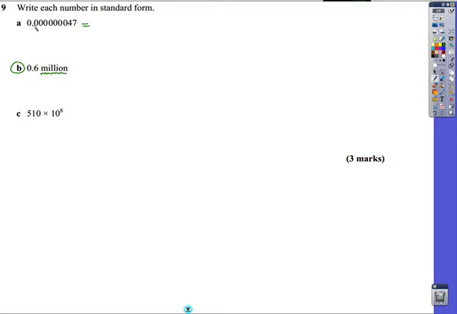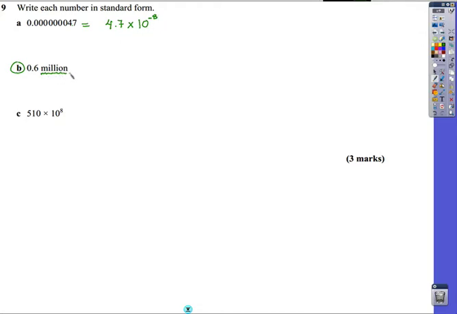Okay, so 4.7. The decimal point needs to be here to make it standard form. So we've got 4.7 multiplied by 10 to the power of something. Now you know that this is a small number, so it needs to be a minus power. And how many times has our decimal jumped? Once, twice, 3 times, 4 times, 5 times, 6, 7, 8. So it's going to be 4.7 times 10 to the power of